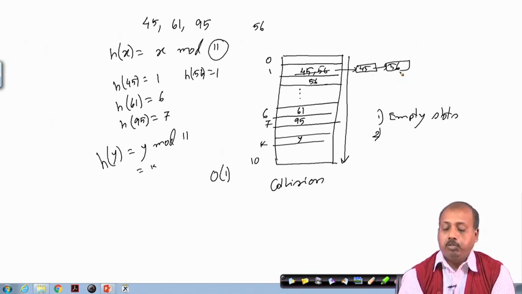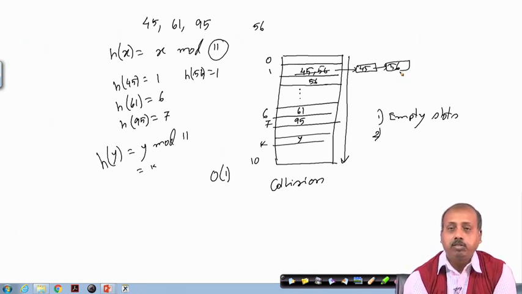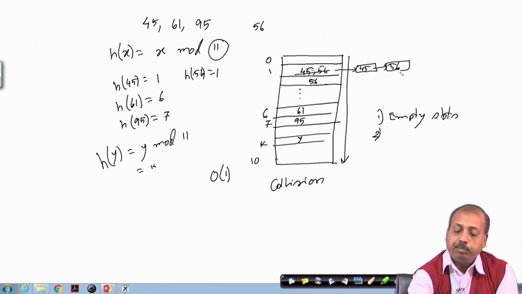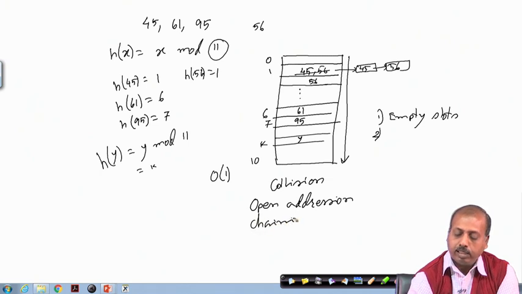These are known as collision resolution techniques. When we put the number in the next available free slot, this technique is called open addressing, and the other one where we put them on a chain is known as chaining.